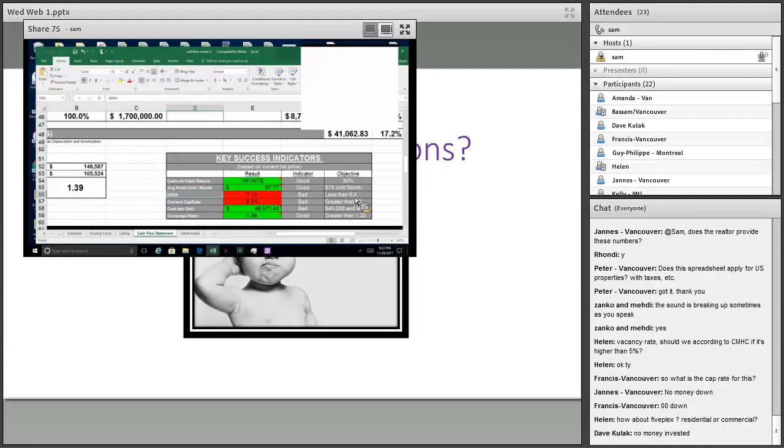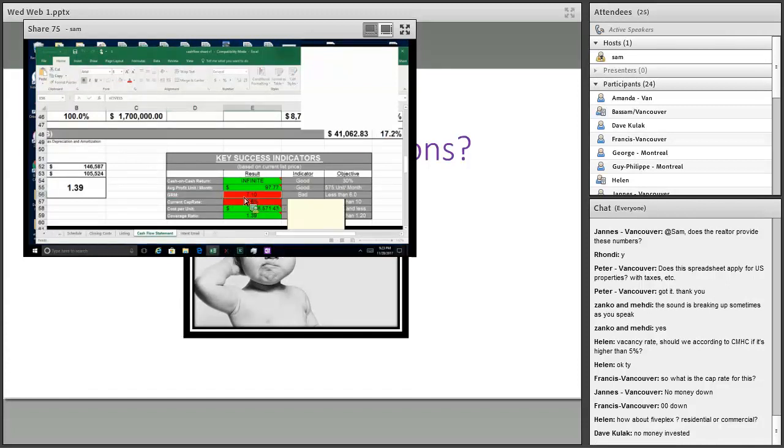Now, GRM, it says less than 6. 7's okay. It's not terrible. But the way GRM works is this. You take the monthly rent, you multiply it by 12, and you divide the value or the purchase price of the property by that amount that you get for the full year. Does that make sense? So if the income on a property was $1,000, I'd multiply that by 12. That'd be $12,000. And then say the property's worth $100,000, I would take $100,000 divided by 12,000. That's what would get me the GRM.